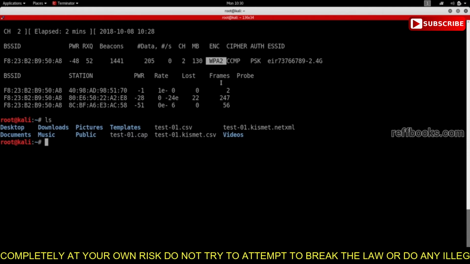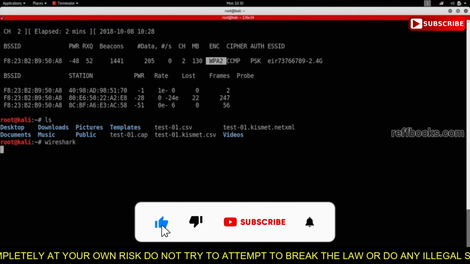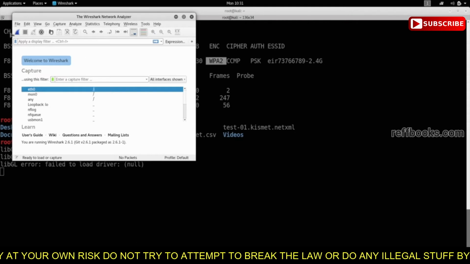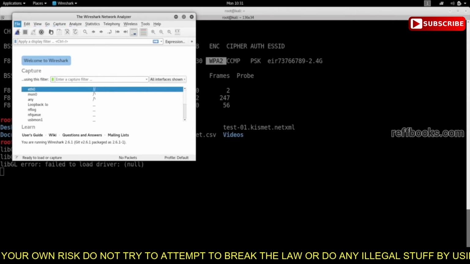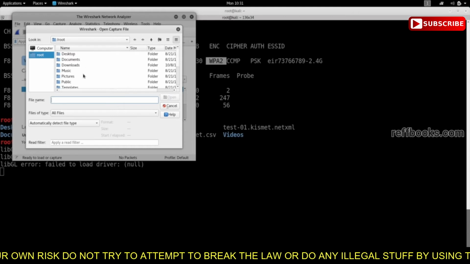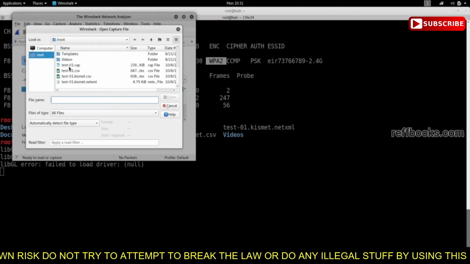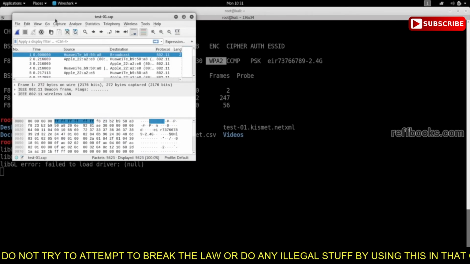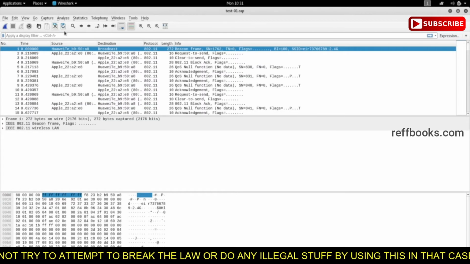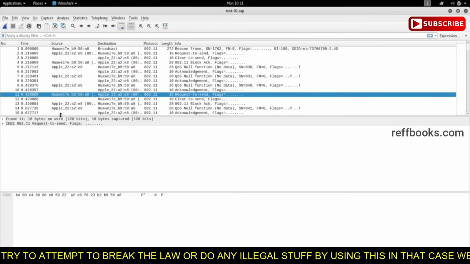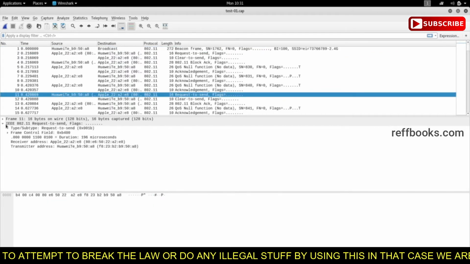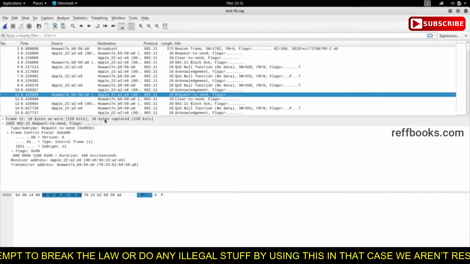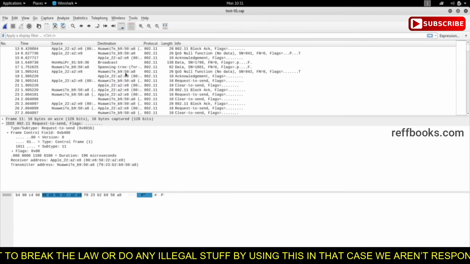So I'm going to run Wireshark. And then I'm going to open my capture file. So I'm going to go to File, Open, and it's already in my root directory. So I'm just going to scroll down and select my test1 cap. I'm going to open it, and I'll just put this in full screen. And as you can see, if we click on any of these packets, we really have no useful data. You can see everything looks like gibberish, and we can't read anything, even though